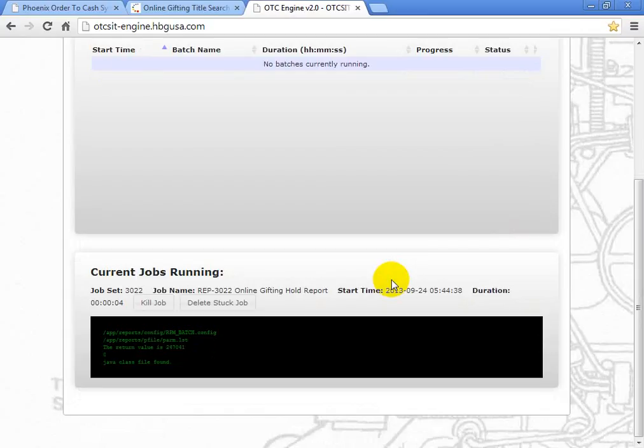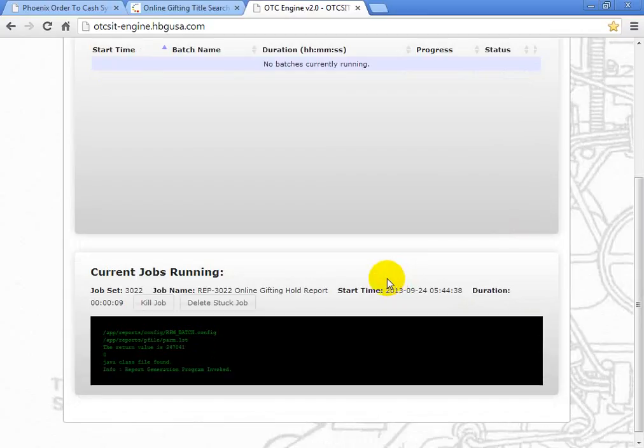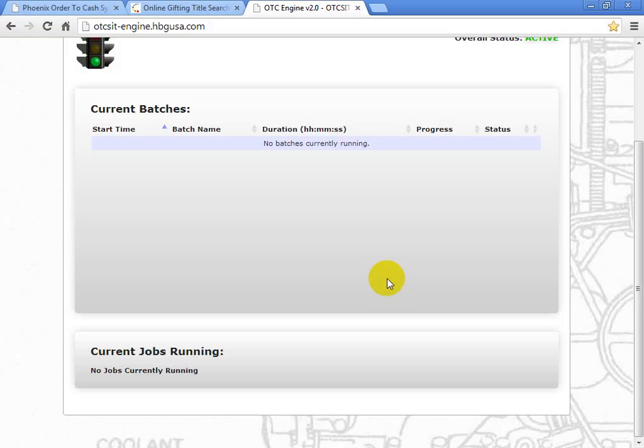How long does it take to complete a job in the OTC? It depends on the data. If it is pre-processing, it should take 30 to 40 minutes. If you have loaded a huge number of orders, it might take 1 hour also. What is pre-processing? Pre-processing is the processing of orders after creation of the order. I have said pre-process release, right?